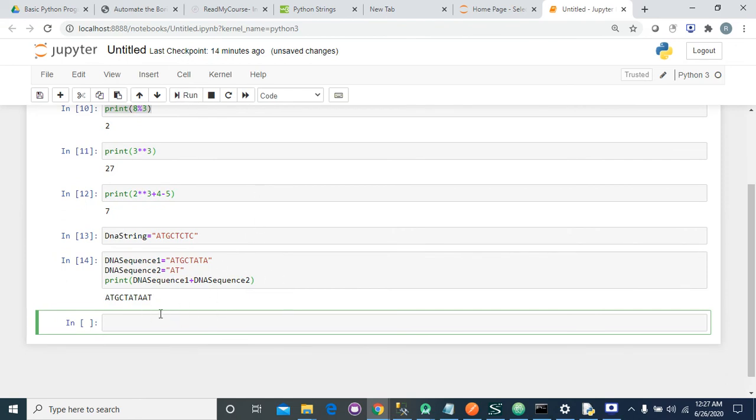It simply added the two sequences. Similarly, we can add two or more sequences.